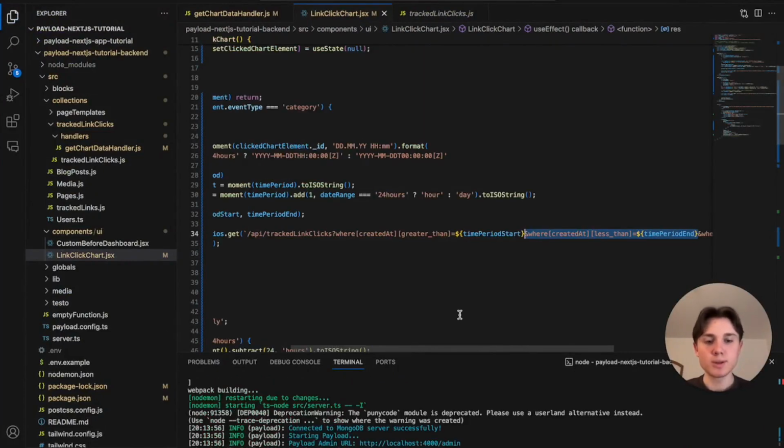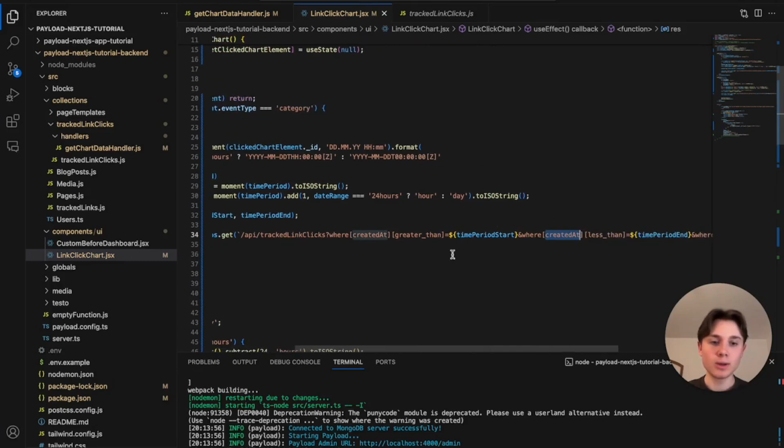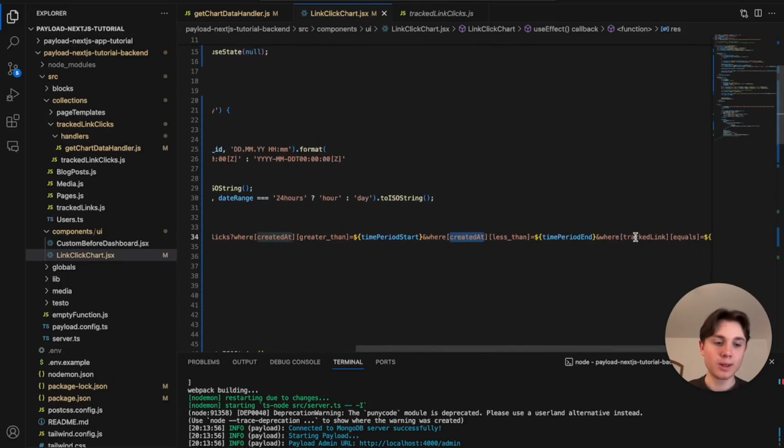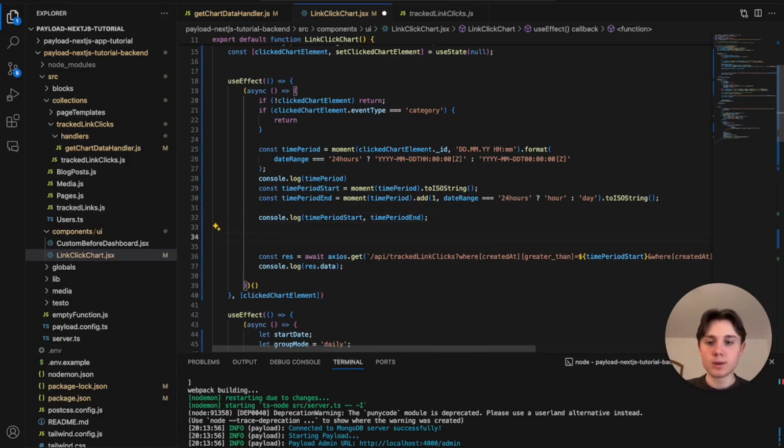Now this happens because we have the same attribute here that we query for 2 different sorts of restrictions. What we have to do here is build an AND query, or wrap those two queries in an array with an AND query basically. Now we could in theory do this within the URL, but it will just be way too complicated. So what I'm going to use instead is the query string library. So I'm going to create a query object,